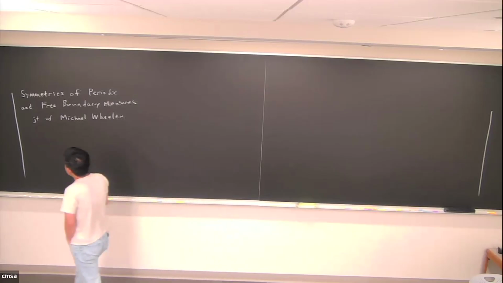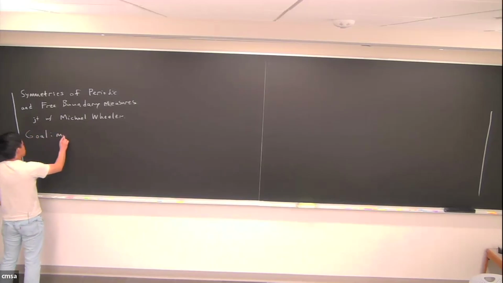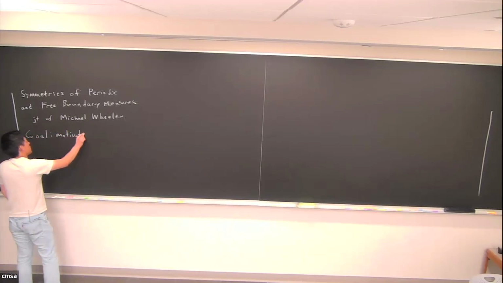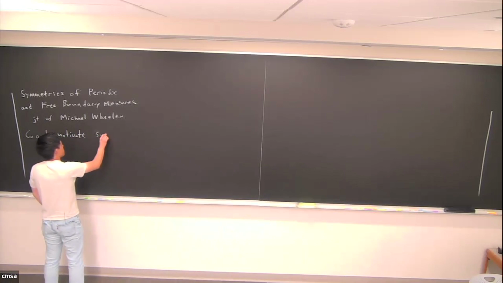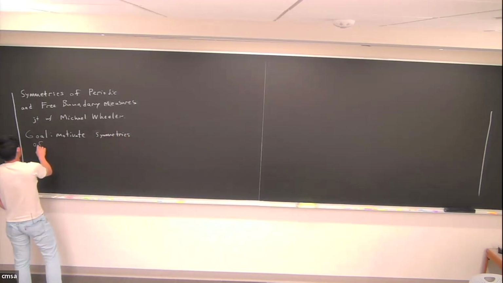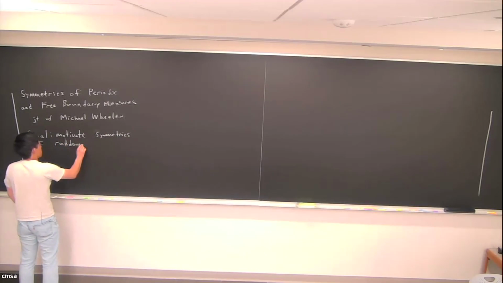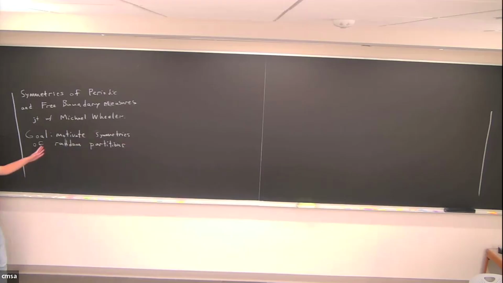So the goal for today is going to be to motivate and maybe provide some context for certain symmetries of a particular model of random partition. I want to really focus more on giving some context because the results I'm going to present ultimately are